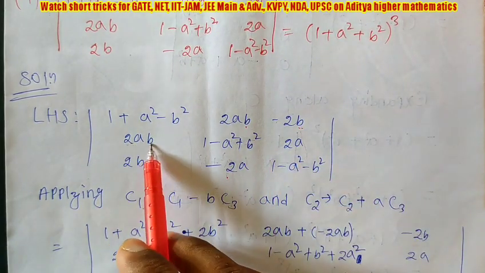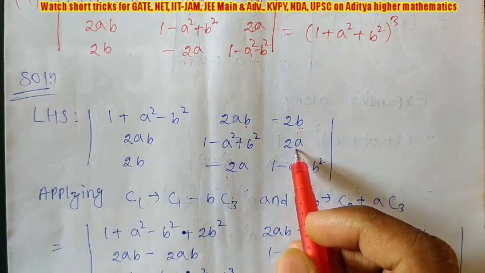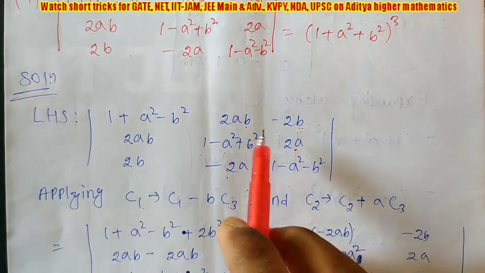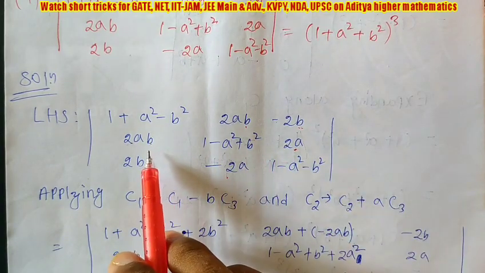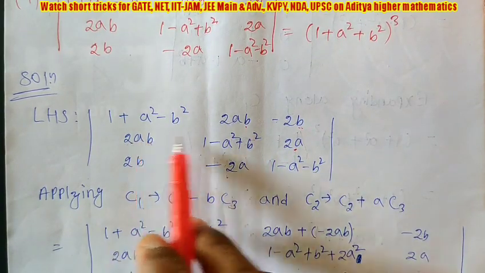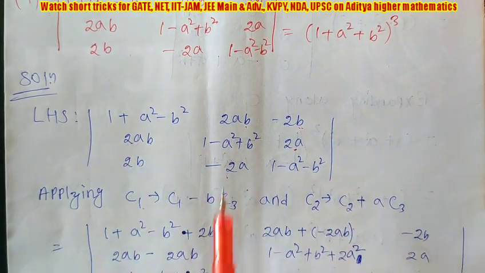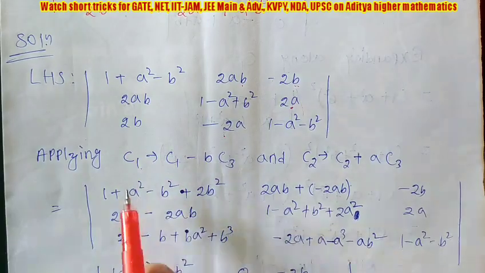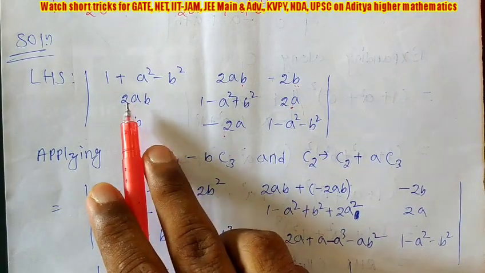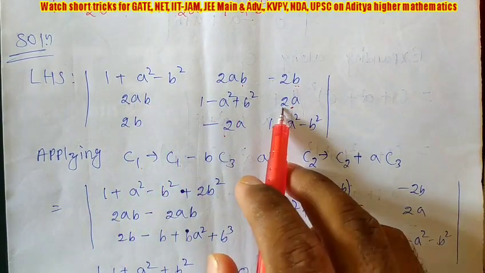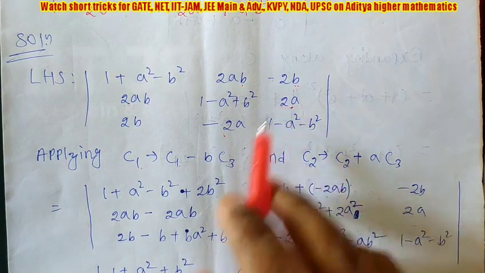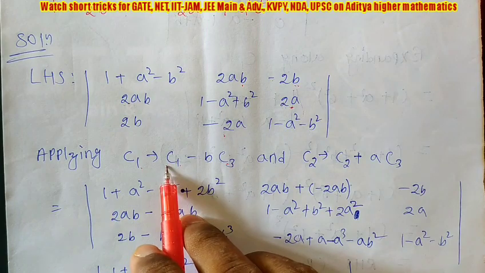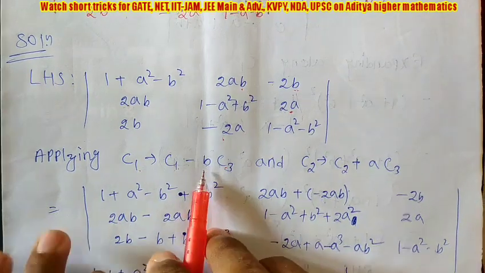Similarly, here it is 2AB, here it is 2A. If I multiply here with B, since both signs are plus, if I subtract C3 from C1, again we will get 0. So first I am trying to make these 2 elements 0. First I am changing C1. For C1 I told it is 2AB, but it is only 2A, so you need to multiply by B. So I am multiplying B by C3 and after that subtracting from C1. So C1 minus B C3.